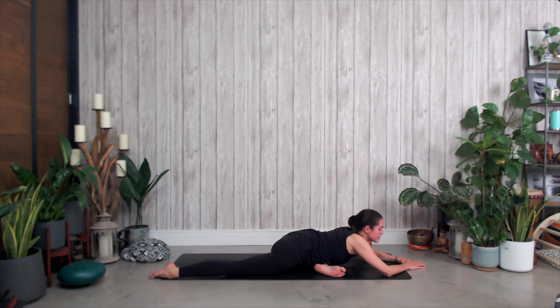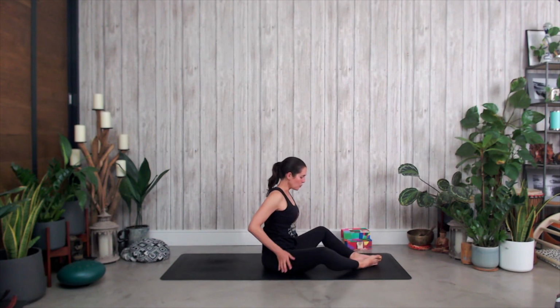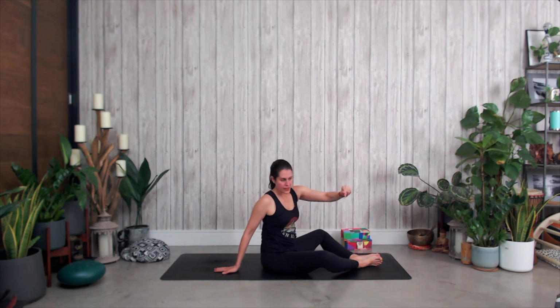Slowly start to lift the head up. We're going to shift our hips over towards the left-hand side, draw that right leg forward, and create a triangle with your legs. So coming into Baddha Konasana, but this time with the legs a little further away from the body. From here, I want you to reach your right hand behind you, and then you're going to reach your